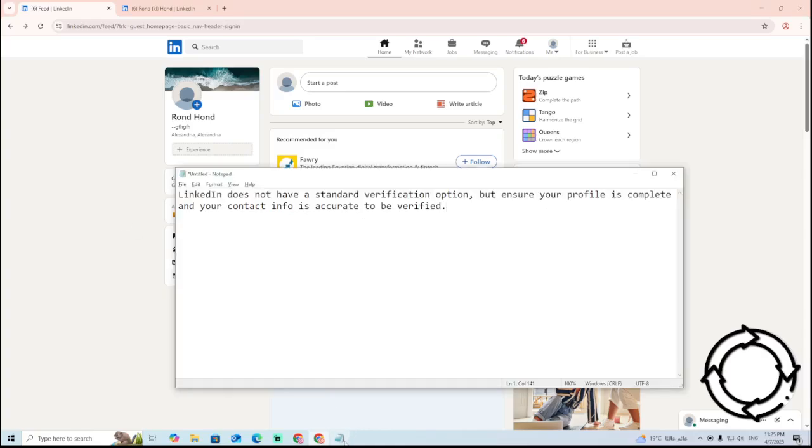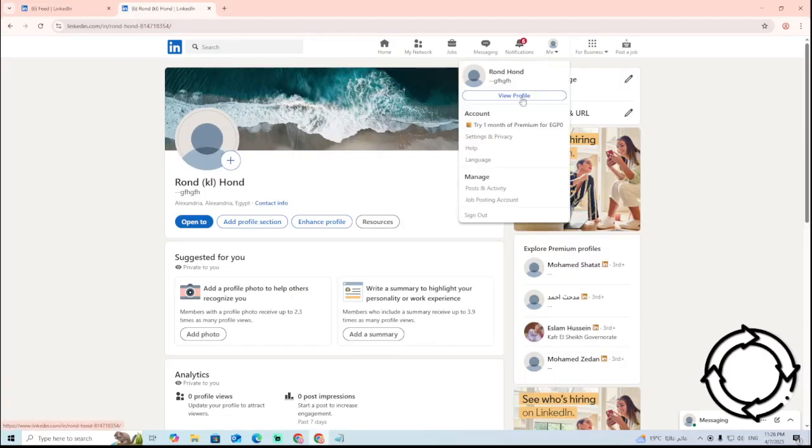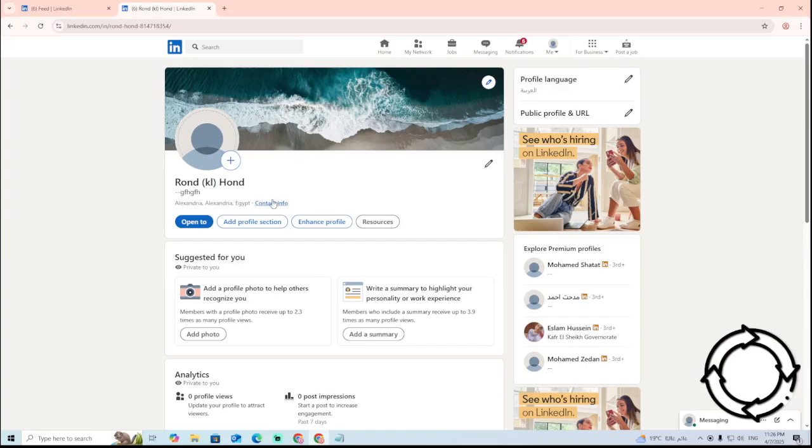And what we can do is go for the LinkedIn standard verification option, but ensure your profile is completed and your contact information is accurate to be verified. Then what we can do is go for View Profile, and then what we can see about that is go for Contact. Okay,